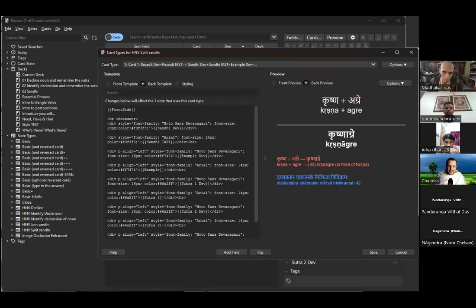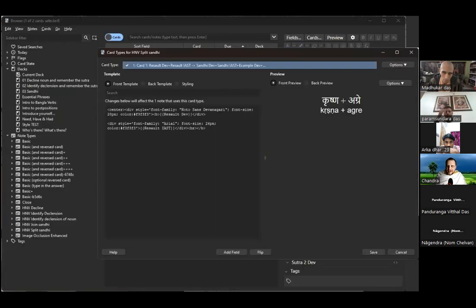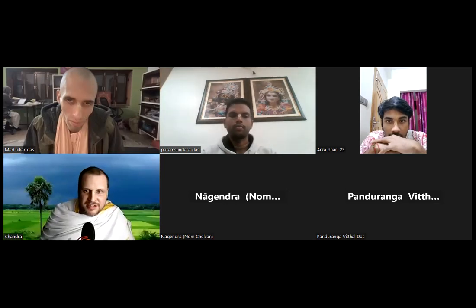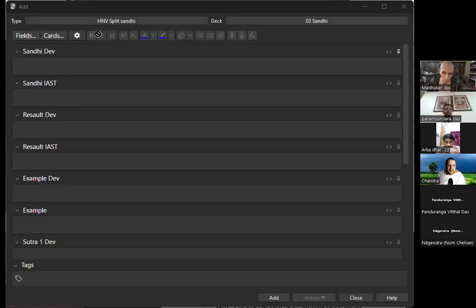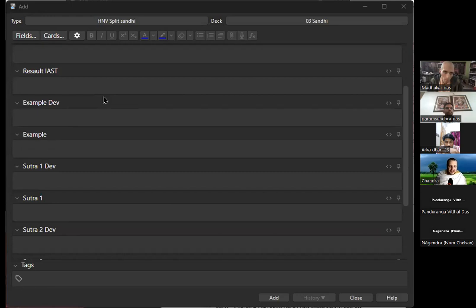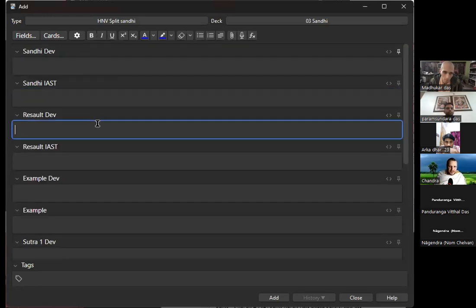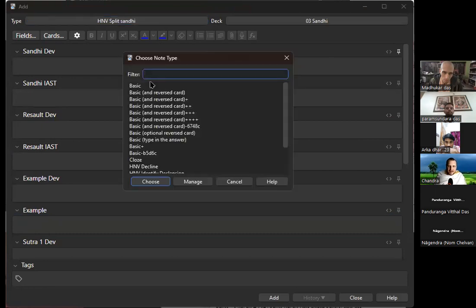I want to do the formatting. It gets a little bit technical as you can see, but the basic, hang on, the basic card, I'll just have to jump around here a bit. See, because the way Anki works, it opens up a new screen. Here we go. So the template I was using has all these different fields. Each one of these fields corresponds to a different column in Excel or in a spreadsheet, you know.